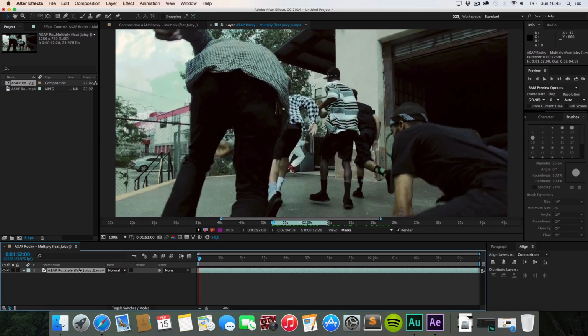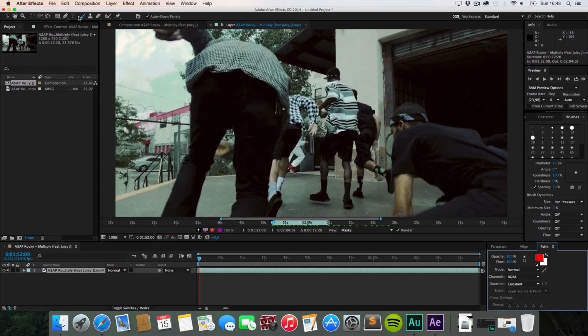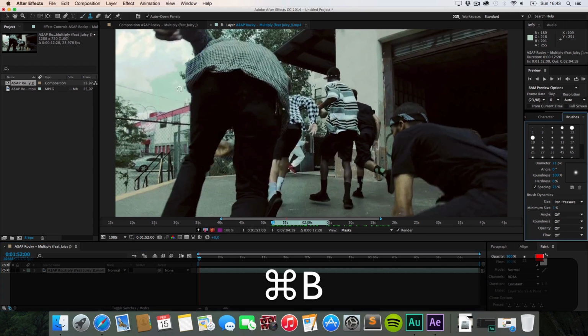This brushes panel can't be activated, so what we need to do is select our footage and go to our brush tool at the top right there. You can click on it or just press Command and B. And if you press it several times, you can scroll through our icons right there, the clone stamp tool and the eraser. I'm just going to say something about it later on.